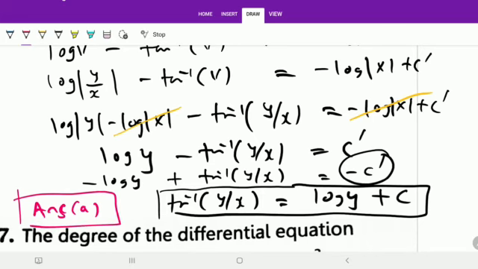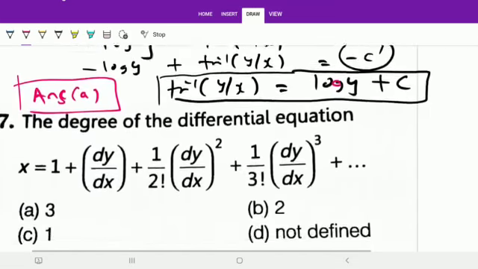Yeah, again last step, this simplification, plus minus, this kind of adjustment makes differential equation at times very interesting. So you need to develop such skills to have one eye on the option and make small adjustment in plus minus sign, so that you can match with the options easily.